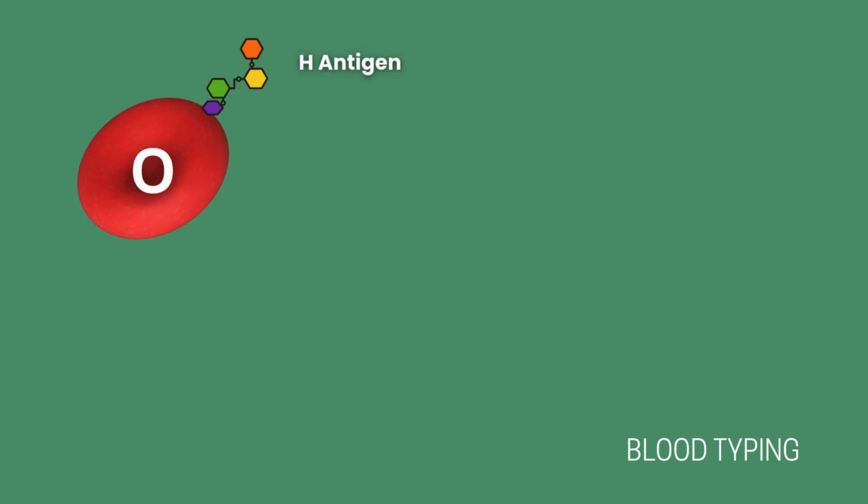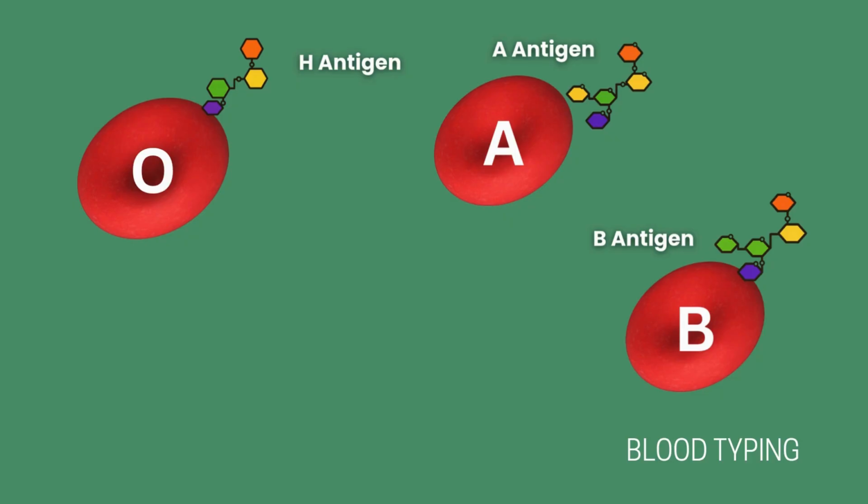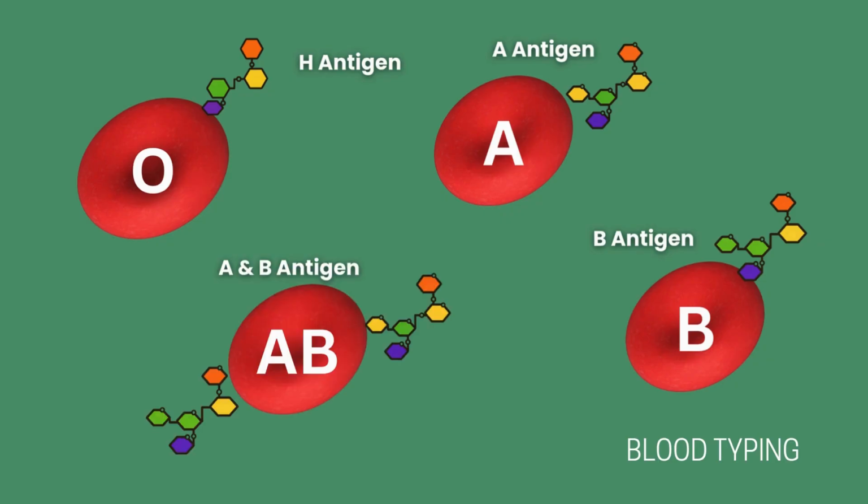In patients with A-type blood, they have an H antigen that has extra sugar molecules added to identify it as an A antigen on the surface of the red blood cell. A person with B-type blood will have the H antigen, and a slightly different set of sugars attached to that is identified as a B-type antigen. A person with the AB blood type has a mixture of both A and B-type molecules on the surface of